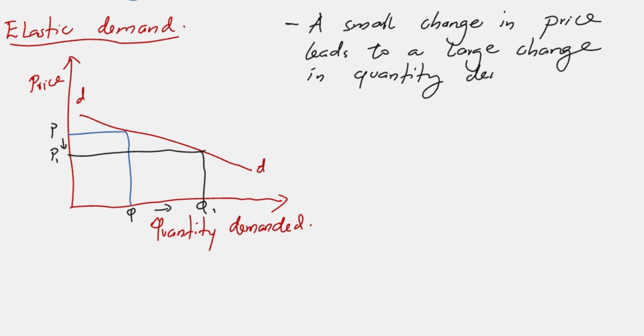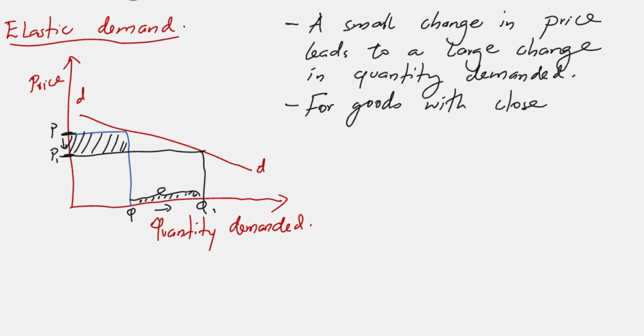We are looking at goods whereby you just touch the price a little, then there'll be a large impact on the sales. So we say that look at the price, just a small change, then a very large change in the quantity demanded. So you're saying that mostly this happens for goods which have very close substitutes. You try to increase the price of one, then all the consumers will shift